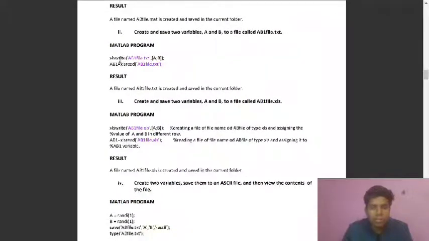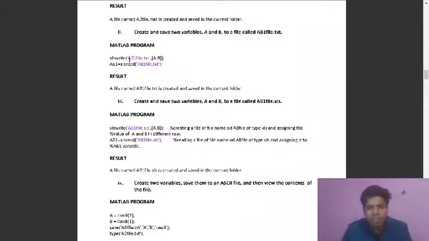So this is our MATLAB program. We are using the same xlswrite with the ab1 file. This is the name of our file. First it will assign a as the first row, then b as the second row. And we are reading this file that we just saved in our MATLAB repository.